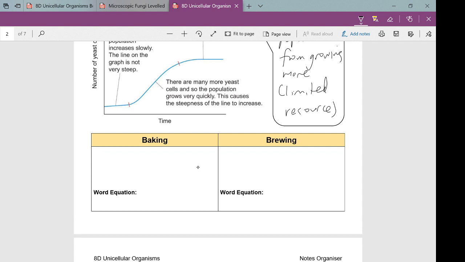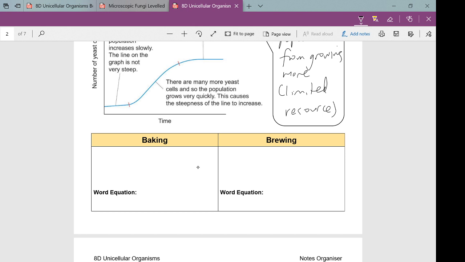Now, last thing, we used yeast for quite a few things. On Show My Homework, you'll see the mini projects that Mr. Durston set talk about these two things as well, baking and brewing. Because you guys might already have some background knowledge on this, for example, Lucy mentioned that you use yeast to bake. And the reason why they get used for these things is because of the chemical reactions